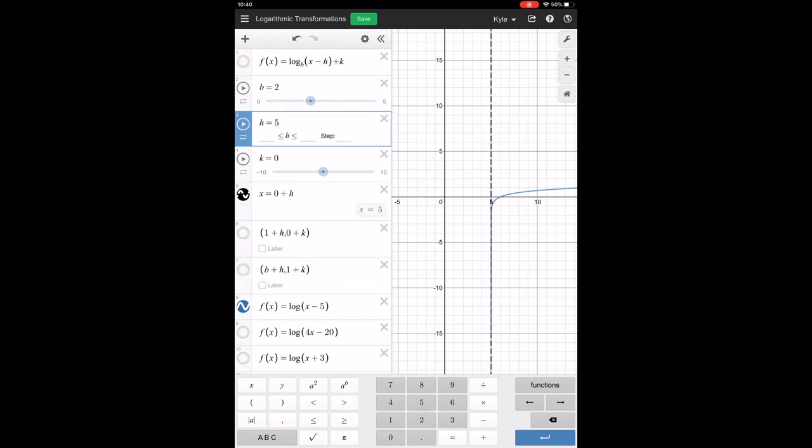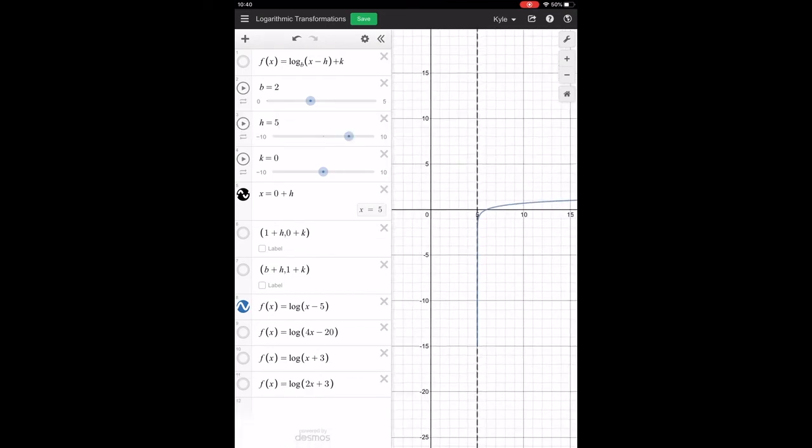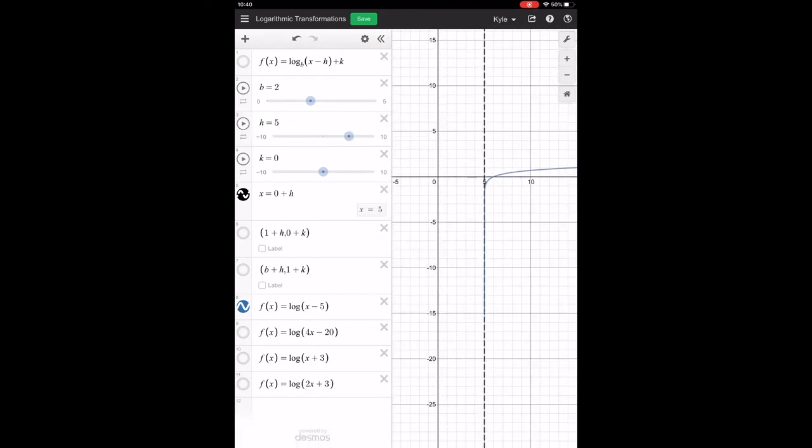And you can see, wait a minute, take a look here. That is, in fact, the asymptote. So how does this affect our domain? How does log x minus 5 affect our domain? Well,